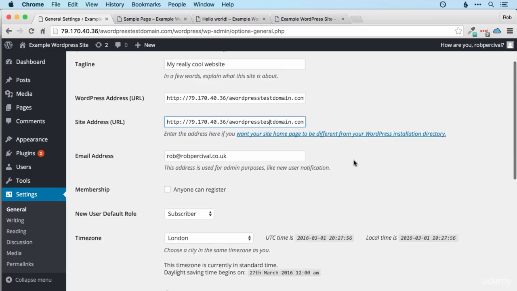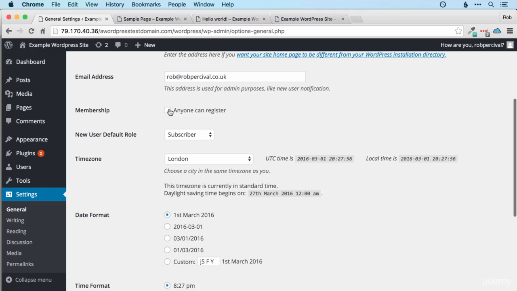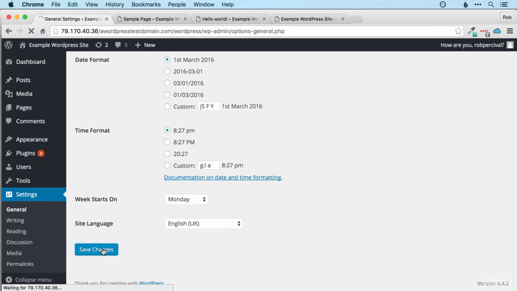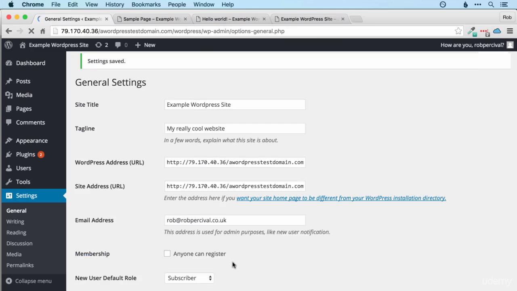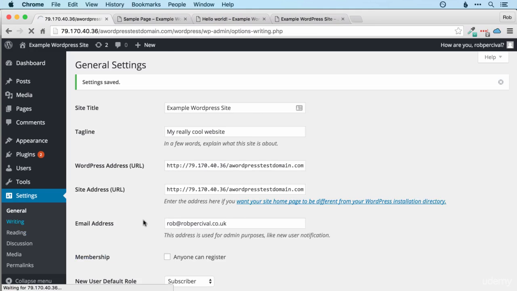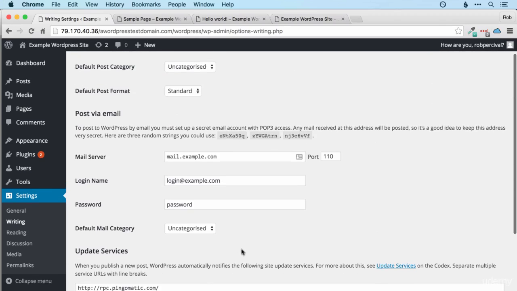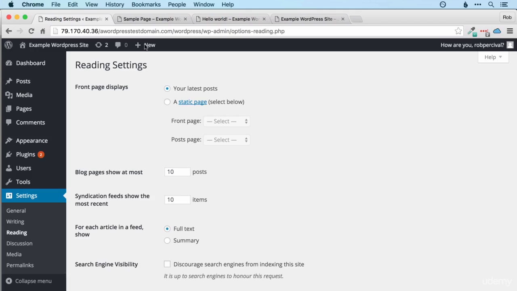This is our WordPress URL. And at the moment, registration is switched off. We might want to switch that on to allow people to register and comment. But we could also allow people to even be an editor or an administrator when they sign up. Change the time zone, date format, and a bunch of other stuff that we're probably not that interested in. The writing settings, I don't normally go in and edit these very much, but you can actually post via email if you want to, but we'll jump over that and go to read,